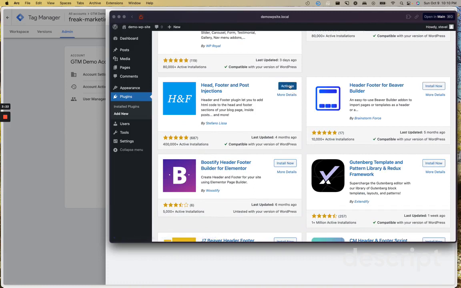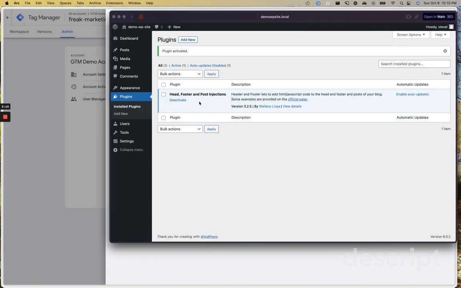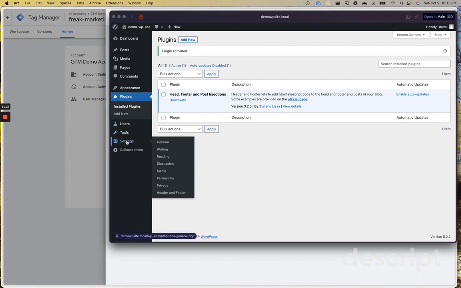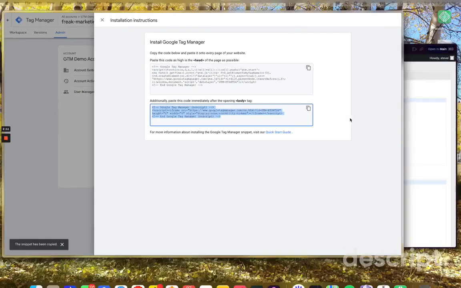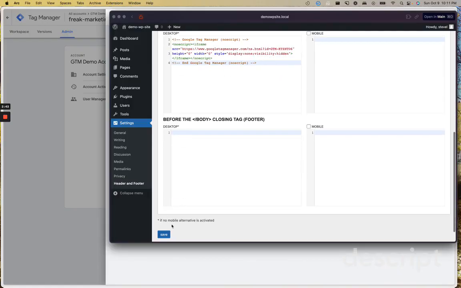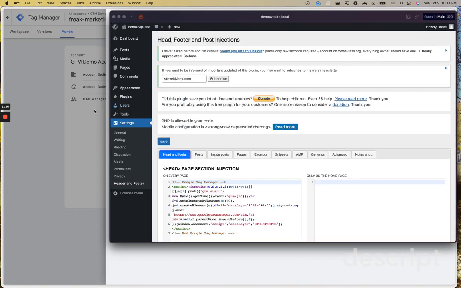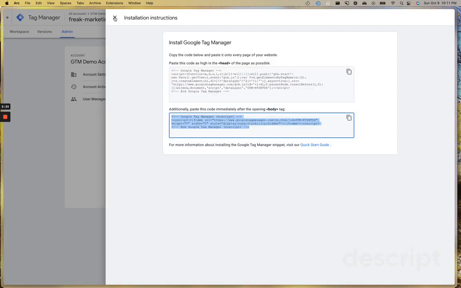should work for you. Go ahead and activate, and then once that's activated you can access the tool under settings, header and footer, and then we're going to just install that script over here just like so, and that's it. Go ahead and click save, and then just to confirm that it is installed correctly, what we can do is